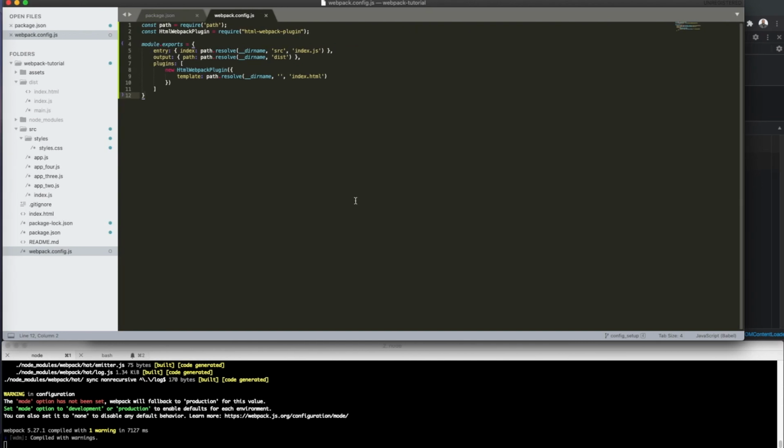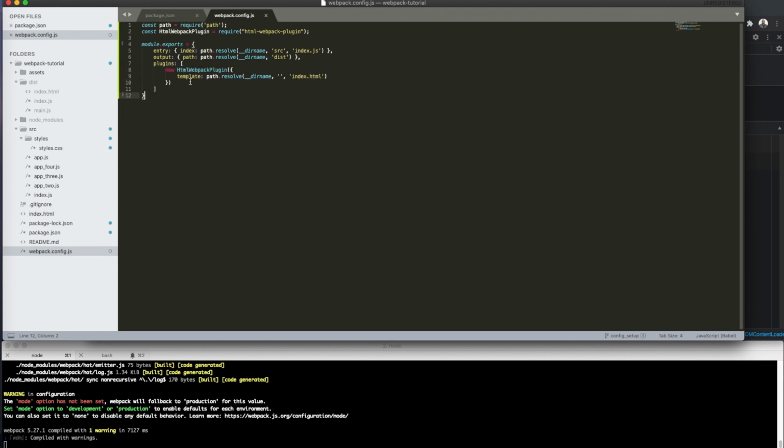Okay, guys, so now our HTML Webpack plugin has been installed, and I'm basically calling it here like this. I typed it out for you guys. Since we can call multiple plugins, we have them wrapped inside an array here. I'm just going to explain this stuff to you. We have an array here, and then we're instantiating a new HTML Webpack plugin, and basically this is